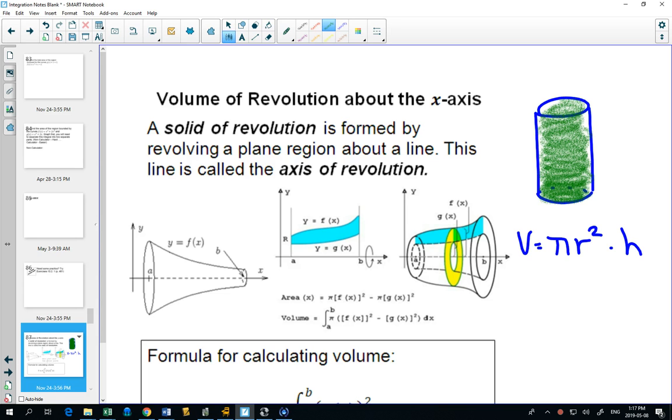And those tiny little rectangles, as we make them smaller and smaller, basically become thin, thin lines. So if I had one line here, and I could calculate that area, if I rotated that about the x-axis 360 degrees,